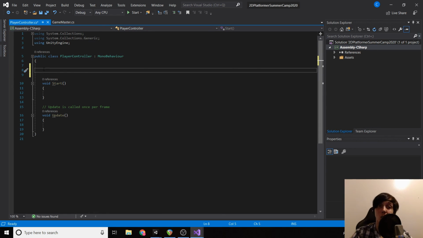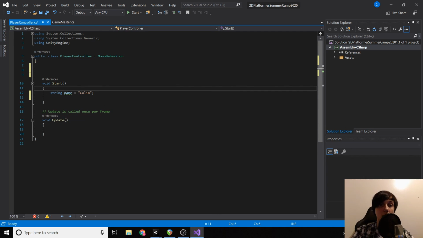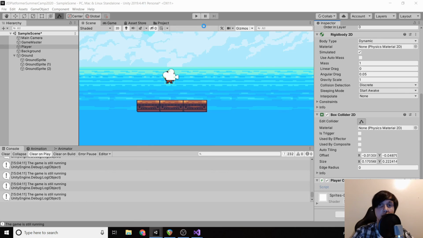So we need to do just a quick lesson on variables. Variables are something that you can store, like a value, inside of a word. And when you type in that word again, the computer will know what you're talking about. So for example, in the start function, if I declare a variable that is a string, which is a line of text, name equal to colon, we now have a variable called name that holds the value of colon. So if I do another debug.log and I put name into it, and then if we go back to Unity,